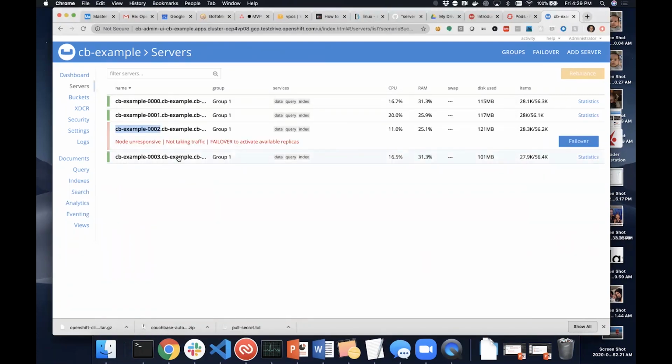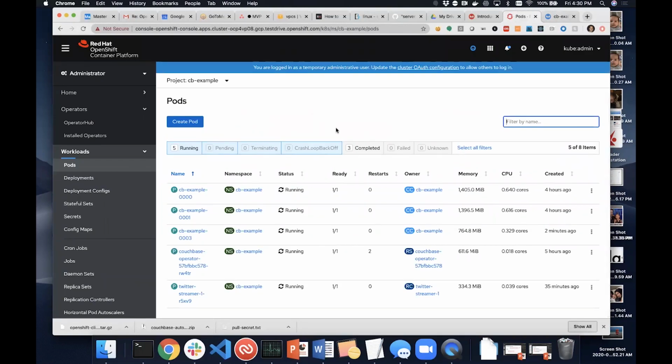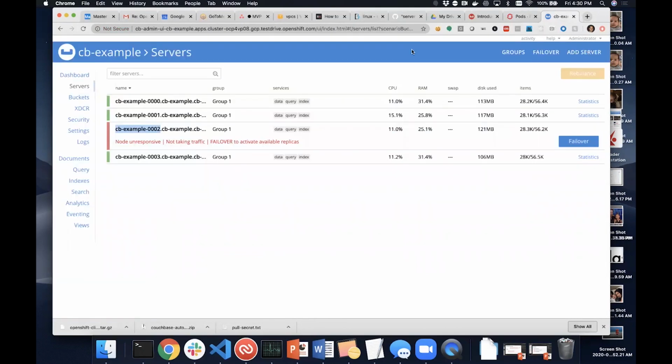So immediately the Couchbase cluster recognizes that the pod is offline. Now, there's always going to be network partitions and other scenarios that happen in any distributed system. So it's not going to instantly fail over and bring up a new pod online for us. It's going to wait a little while to make sure that this node is in fact gone. That's a threshold that's configurable in the YAML. But once it does realize that that pod is gone, it will bring up a replacement pod. And so what we'll see is a new pod get created here under our pods on this project. And then after that comes online, we'll see that pod get added to the cluster,